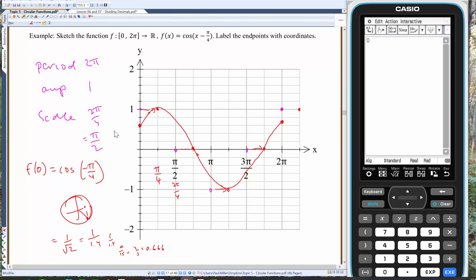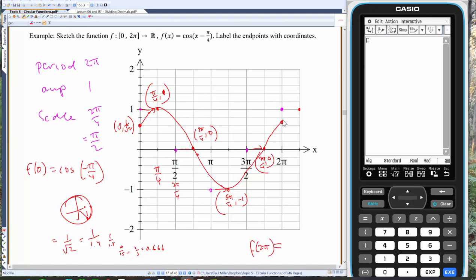So let's label our y-intercepts now. When x is 0, y is 1 over root 2. Our maximum is pi on 4, comma 1. This x-intercept here is 3 pi on 4, comma 0. This one here is 5 pi on 4, comma negative 1. This x-intercept here is 7 pi on 4, comma 0. And this value here, so I could do f of 2 pi, but what will happen is we've